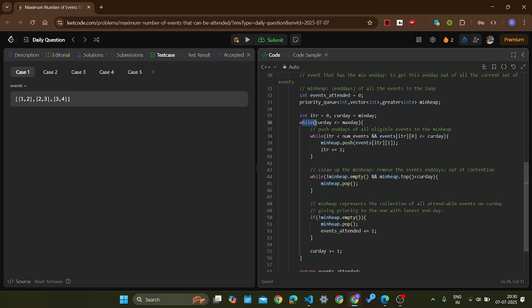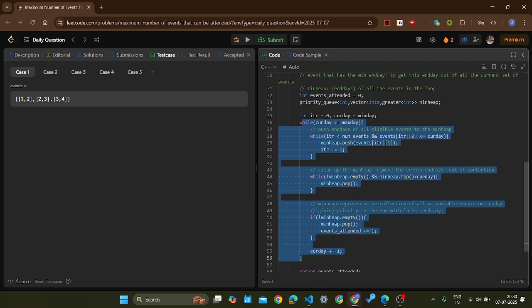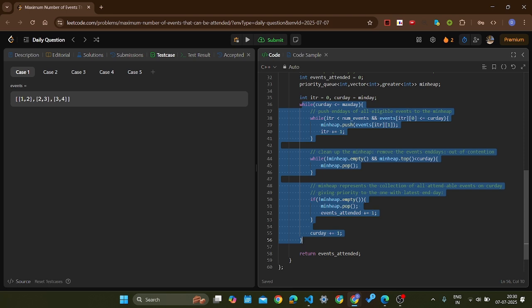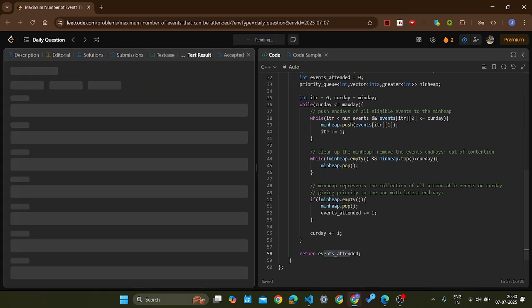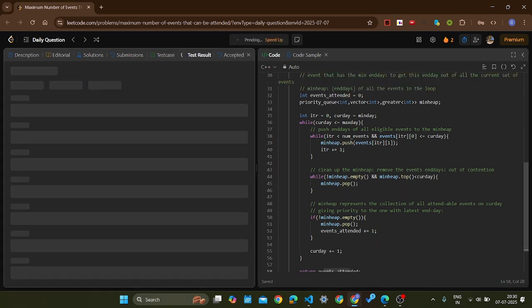This outer loop runs until the maximum day, because after that we can't attend any more events. So this way I'll finally have the count of the possible attended events, and this I can try to run on my test cases.